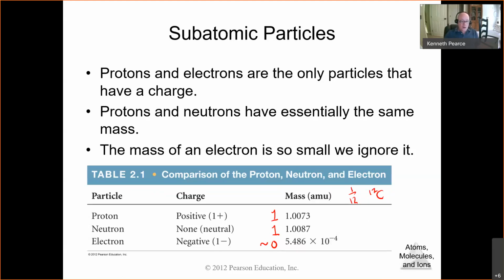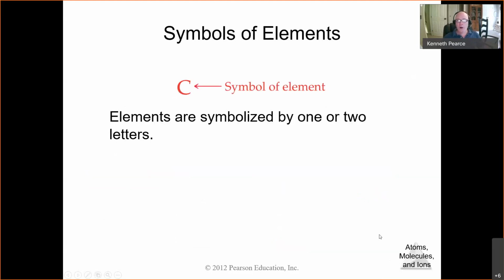An electron has a negative charge. It's the opposite of the proton. Okay, but it's also very small. And of course, protons and neutrons are inside the atom. Electrons are on the outside. All right, now that's it for the PowerPoint. Let me go ahead and pull up my